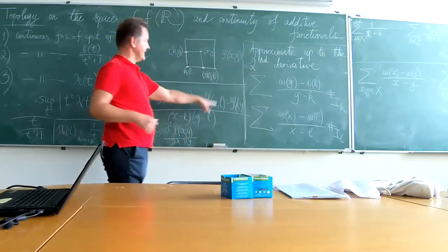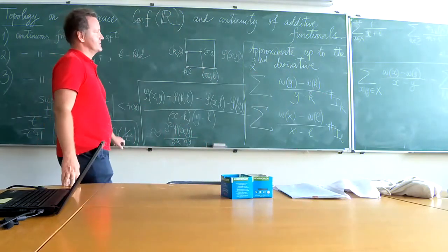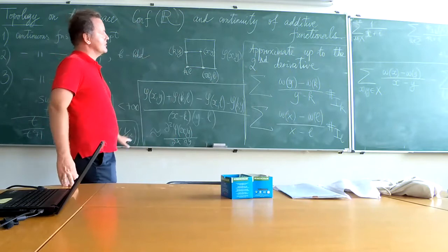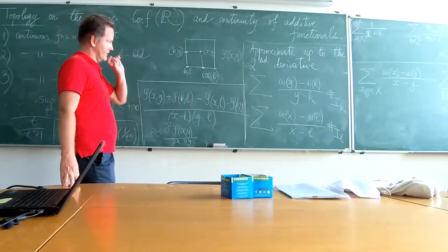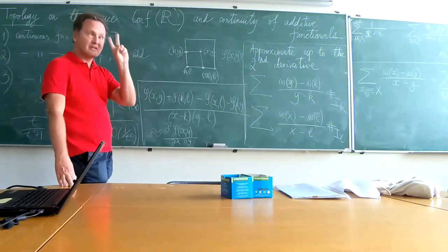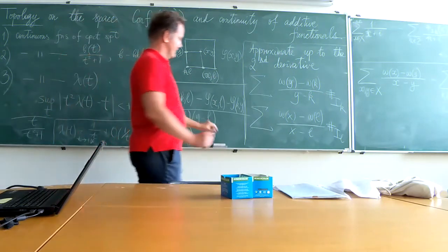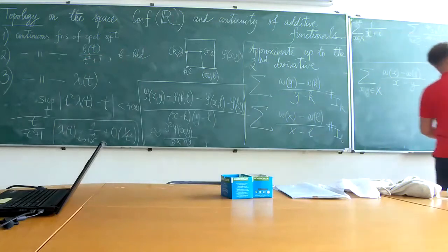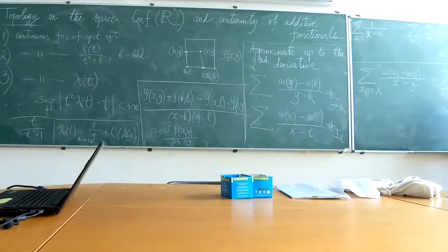And then I add the naive discrete approximation. And like this, I can approximate, and this method gives me the desired continuity of any functional intervals. Okay, so